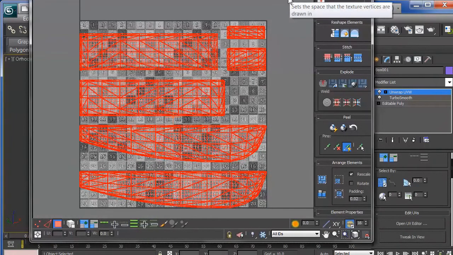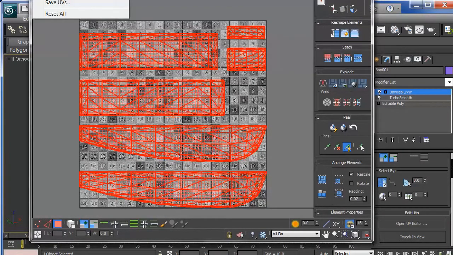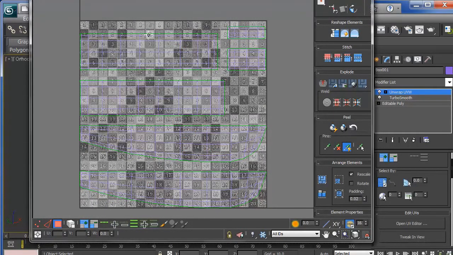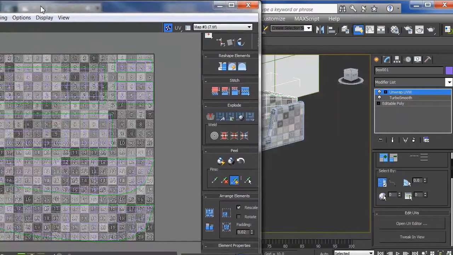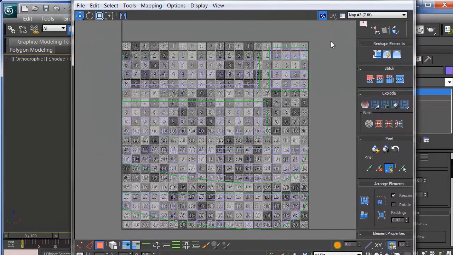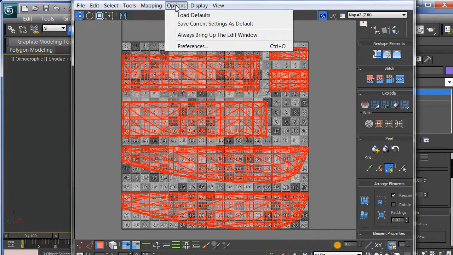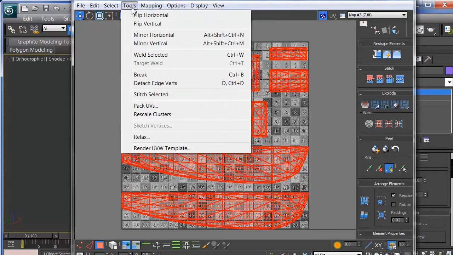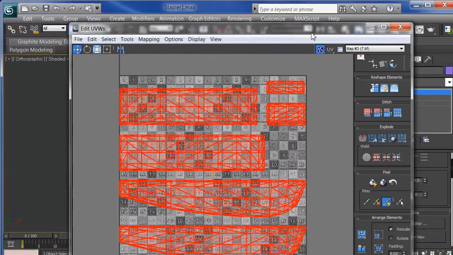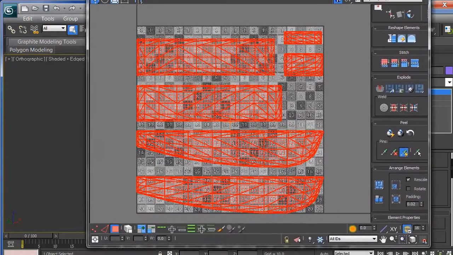So what I can do now is file. I can save, not to save the UVs. Actually, I have to send this out to a file. So let me see. Let me select these again. Okay. Now the next thing I need to do is render this out to a map which I can import into Photoshop or into another paint program, whichever one I have. And unfortunately, I don't have Photoshop on this computer, but I do have, what is that software? Oh, I'll figure it out right now. It's made by